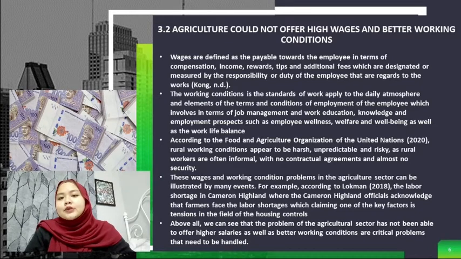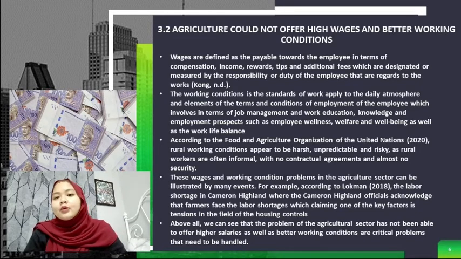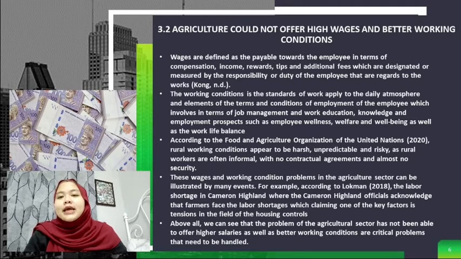So the second issue is that agriculture could not offer high wages and better working conditions. Wages are defined as the payment towards the employee in terms of compensation, income, rewards, and additional fees, which are designed or measured by the responsibility or duty of the employee with regard to the work, as mentioned by Kong. So working condition is the standard of work applied to the daily atmosphere and the elements of the terms and conditions of